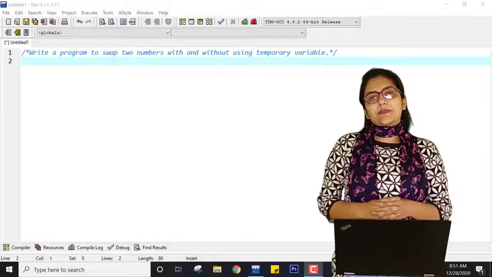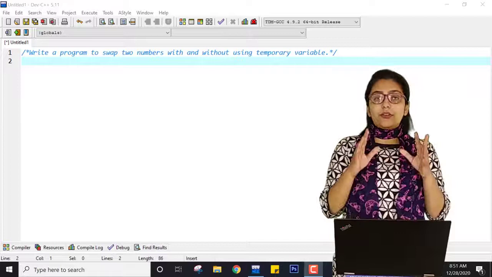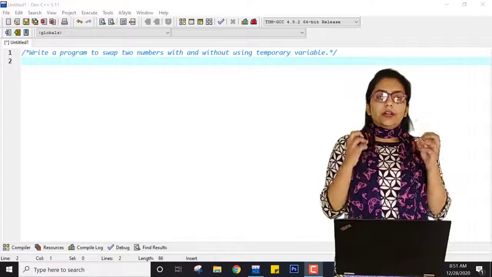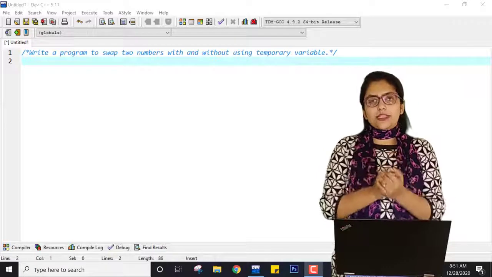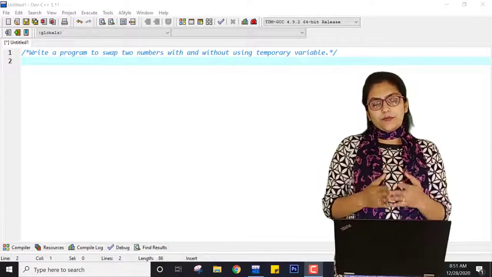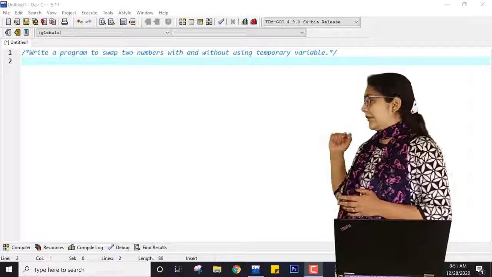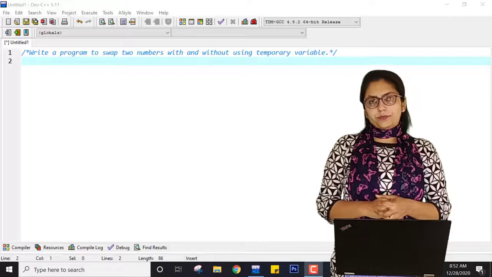Hello students, in today's class I am going to perform one practical that is really very important in order to understand a concept, right? If you know the concept of scanf very well, then only you will be able to perform this practical. As you can see the aim over there, this is the practical that we are going to perform.